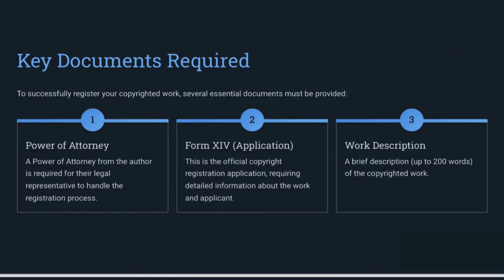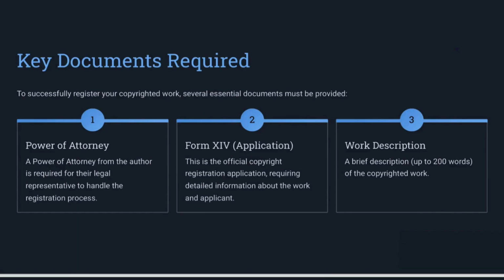Then comes Form 14. This Form 14 is also called the copyright registration application. In this application, we'll have to disclose the name of the applicant and the address, email, and type of work. The type of work should be mentioned because under copyright there are 7 types of work that can be registered, for example, literary work, artistic work, dramatic work. So what is your work? We have to mention it in this Form 14, and along with it,